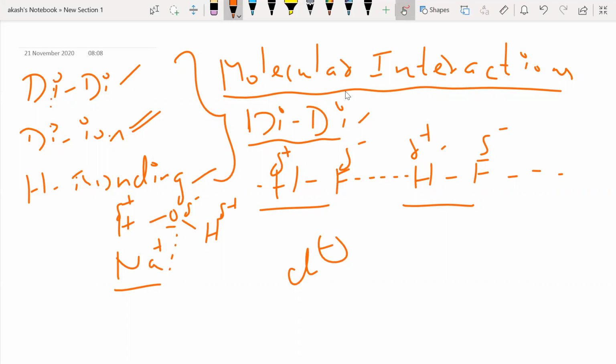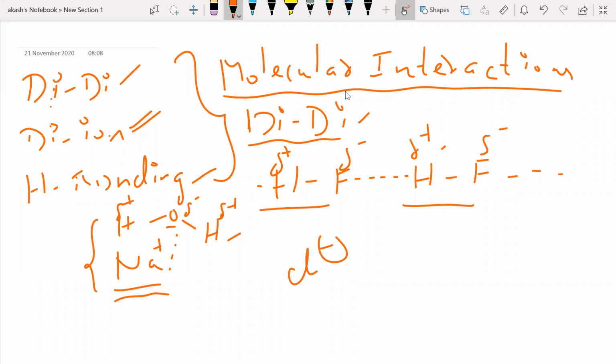So what do you see here? This is the complete ion and this is a dipole. This particular here is a dipole. So this is my dipole ion interaction, and this is how you see when I go for solutions. This chapter, you already studied in your 12th class. Then I think you will be able to really appreciate what exactly this is.